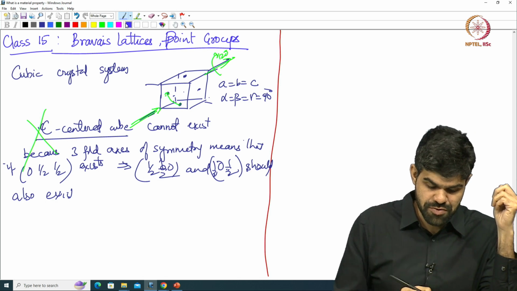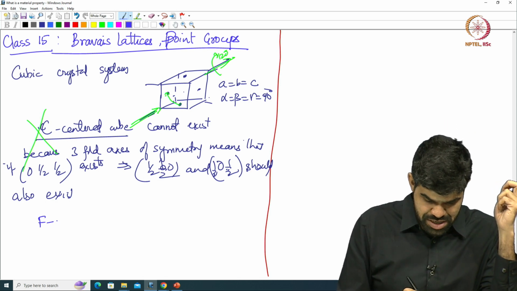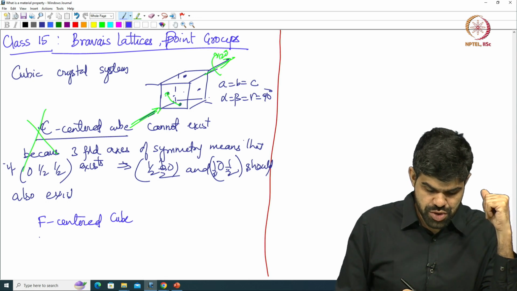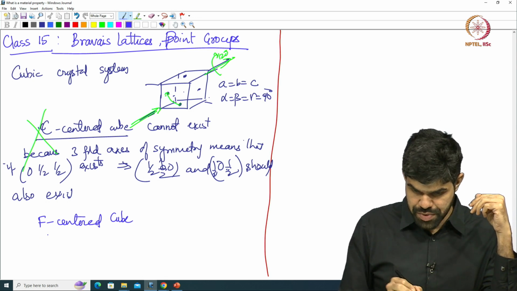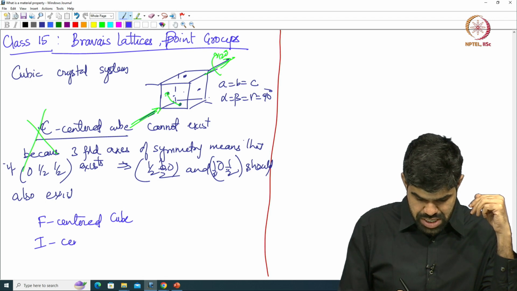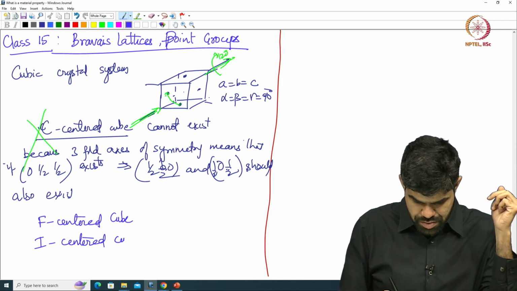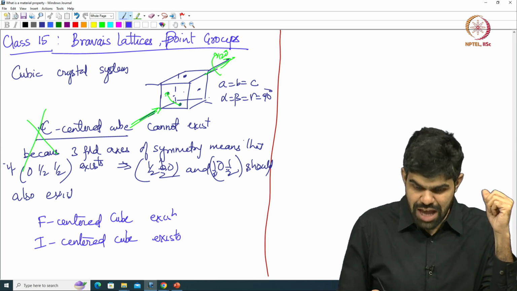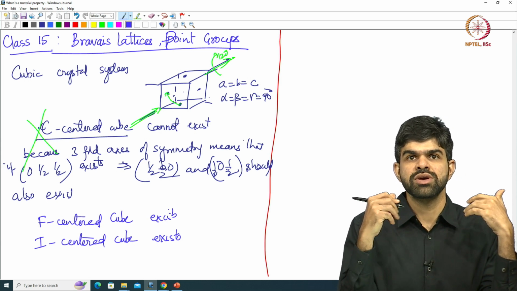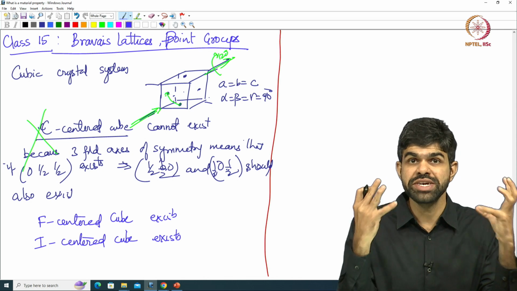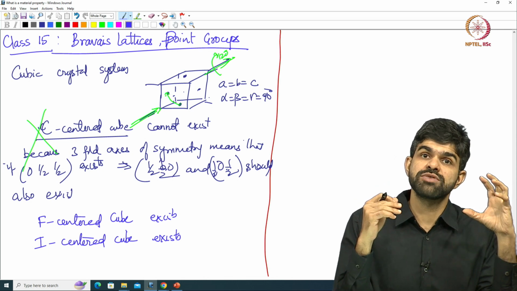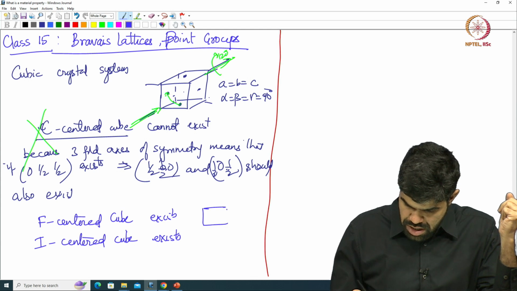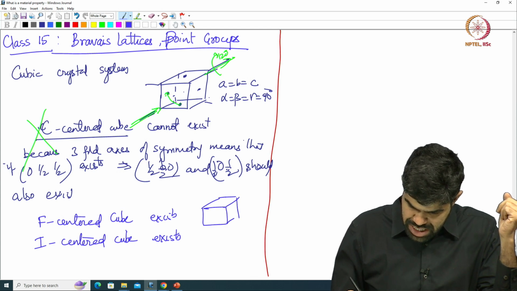By symmetry, what we will have then is an F centered cube. Similarly, you can show that just an I centered cube can also exist. Having an F center will give you the unit cell which is cubic, which will otherwise not exist. So, I can take an F centered cube and do exactly the same exercise that I did so far,